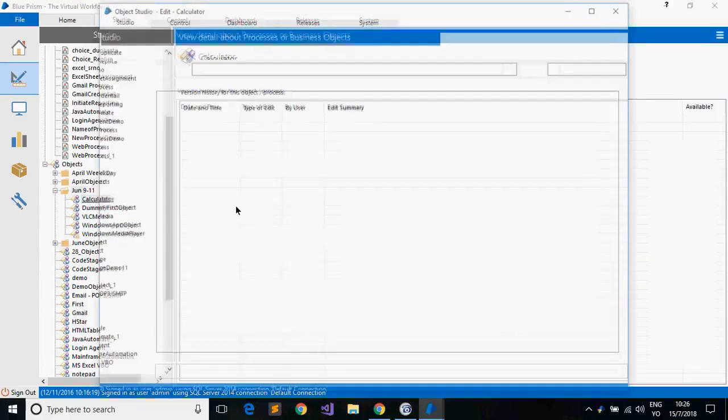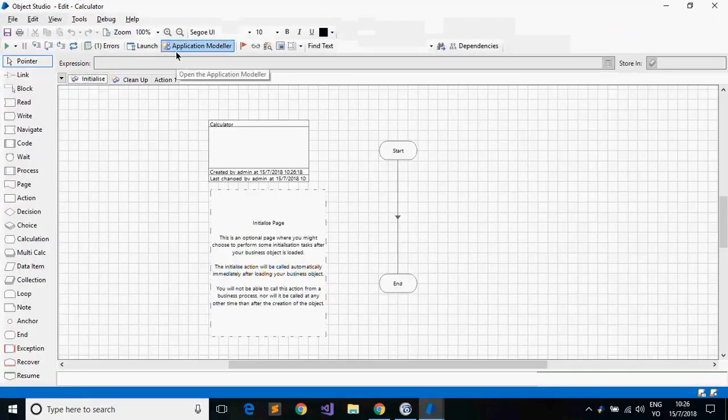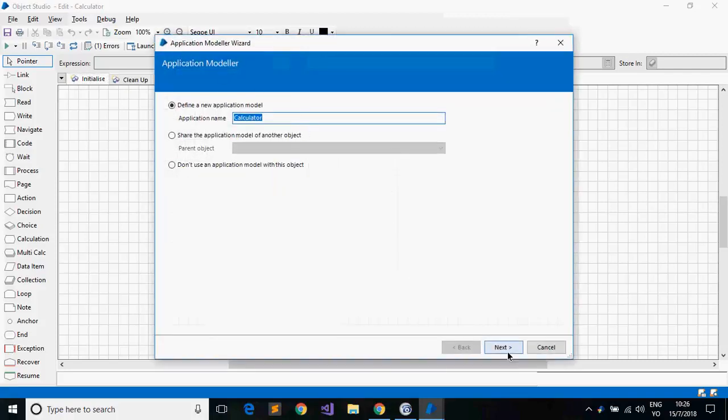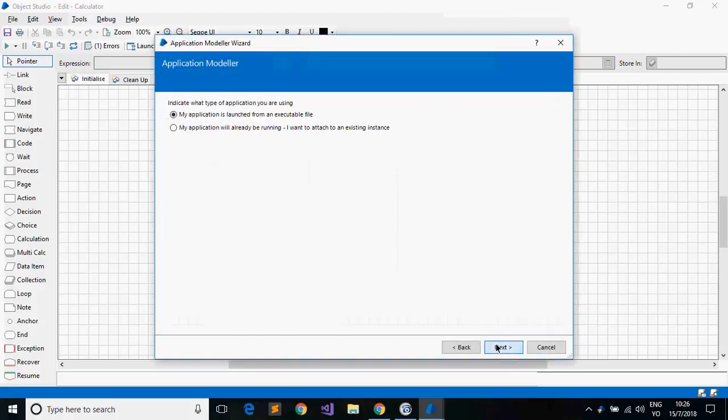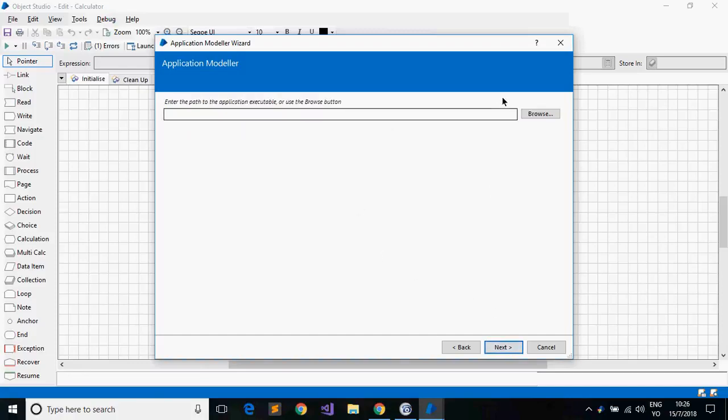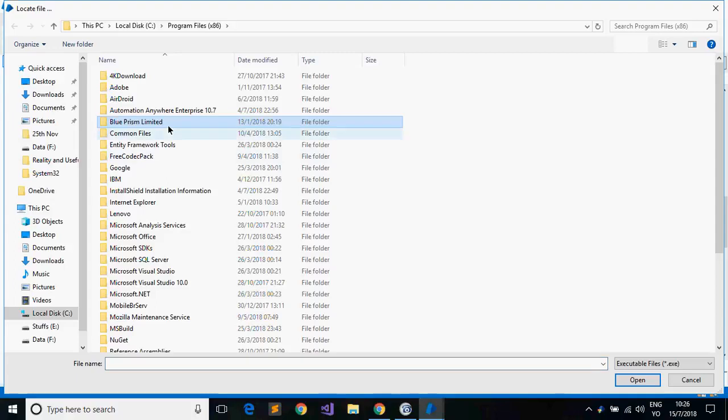Calculator, go to next, double click, application modeller, next, Windows application, exe file. Okay, let's find out the